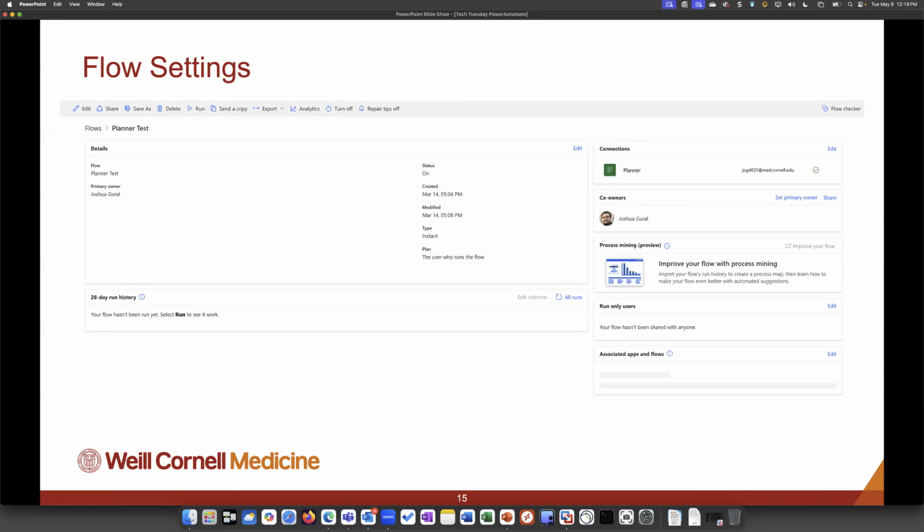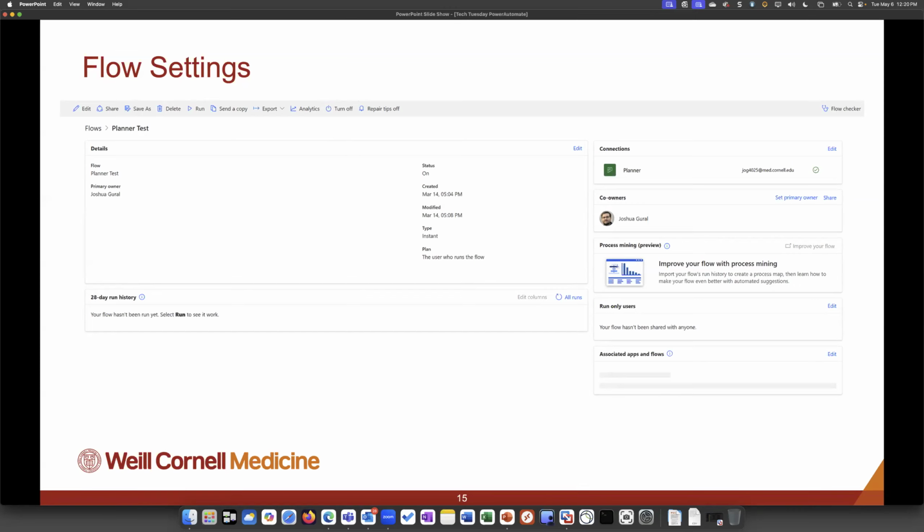The Save As button is just to copy a flow, right? So you could take this flow and copy it and use the same logic, but different resources if you want. Turn off is another one I want to talk about, right? So you can turn off a flow if you're building something and it's not quite ready. When you save it, it will be live, right? So you can use this button to turn it off. And that way you can keep testing with it, keep playing with it, but not have to worry about the